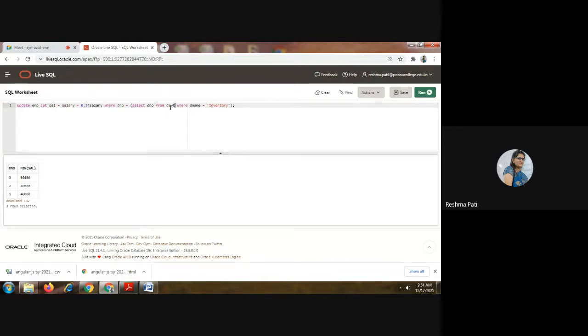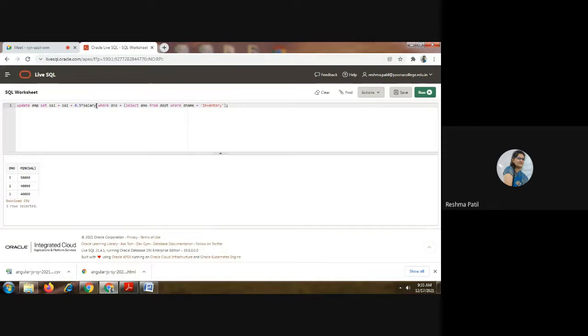So from this table, we have to find out the inventory department number. That number you will get from here using this query. We have to pass that number here. So the employees who are working in the inventory department, we have to update the salary of those employees. If two employees are there in the inventory department, we have to update the salary of those employees by 0.5.